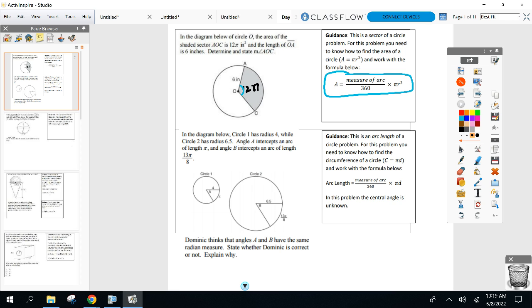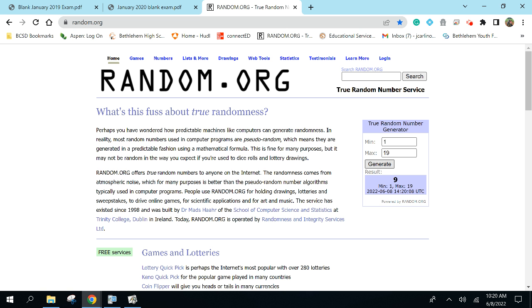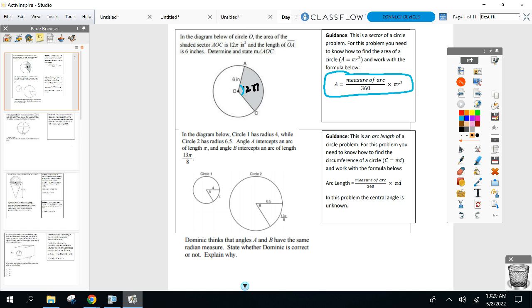All right, let's use it. Remember, we're trying to find the angle. So where in the formula would I need an x? Think about that. I need to solve for that angle right there. What's the area of this sector we're working with? 12 pi. We don't need to find it. So I'm going to plug that in: 12 pi equals